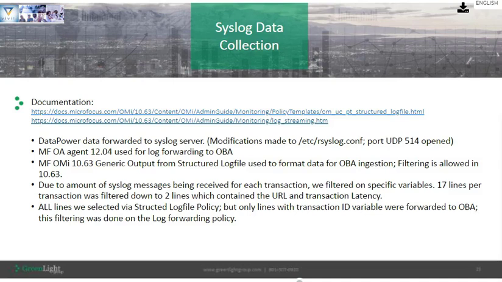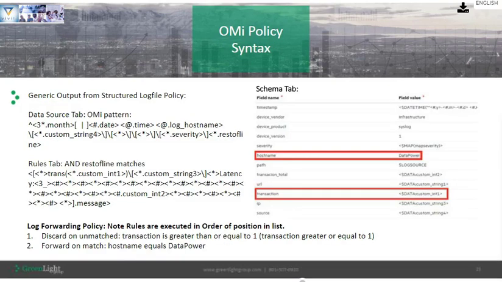And the actual filtering is done on the log forwarding policy, not the structured log file policy, because there is no way to do suppression within the structured log file policy. So I included a slide here with my syntax for that policy. I'm not sure of the level of experience with these log file policies, but just to give a little overview,